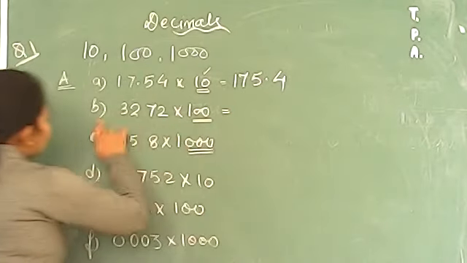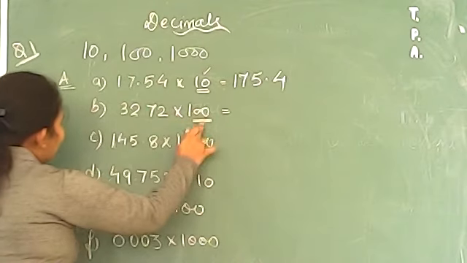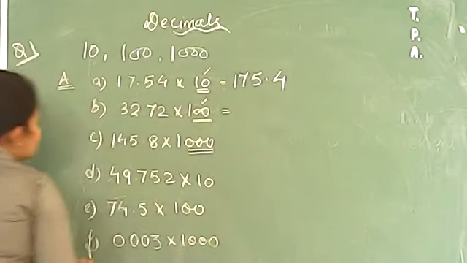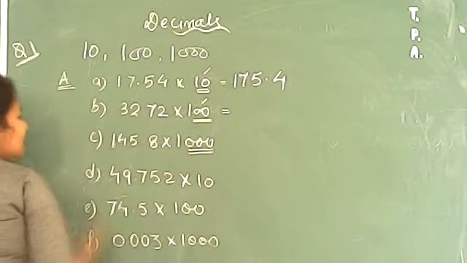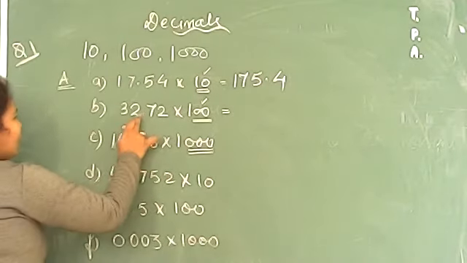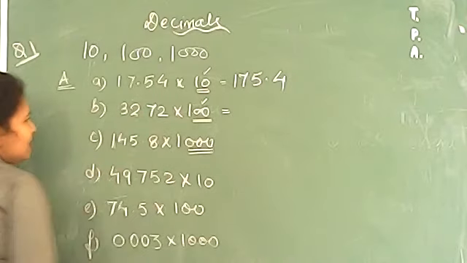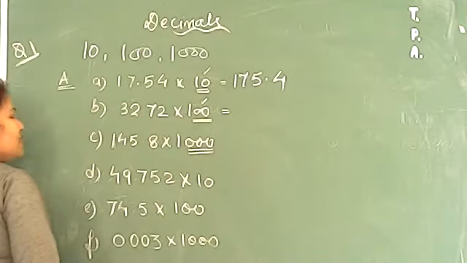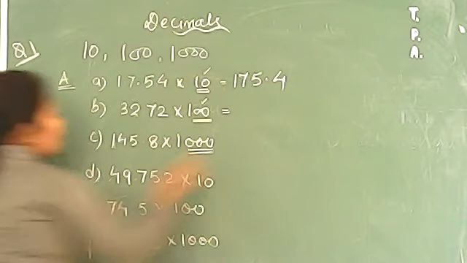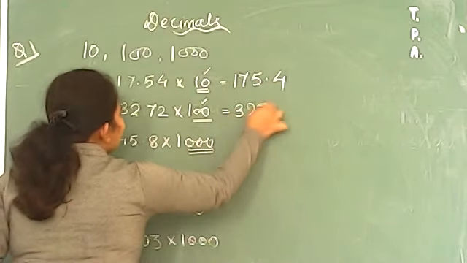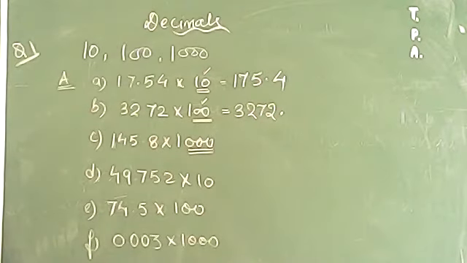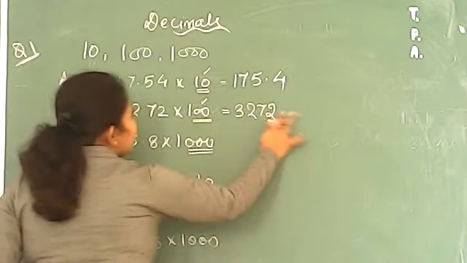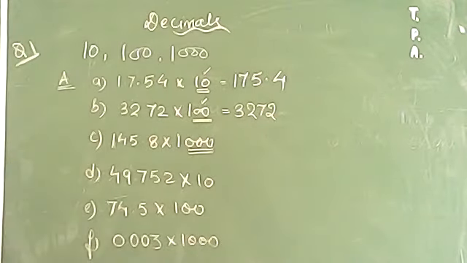So question number B is you multiply by 100. 100 means you have two zeros. So your decimal will shift two places to the right hand side. But right now you can see कि अगर हम दो places shift करेंगे decimal को, तो you will have decimal at the last only. ठीक है? तो you can have number like this 3272 point, and point के बाद there is no number only. So you can simply write it down 3272 only without writing the decimal also. Okay, this is question number 2.